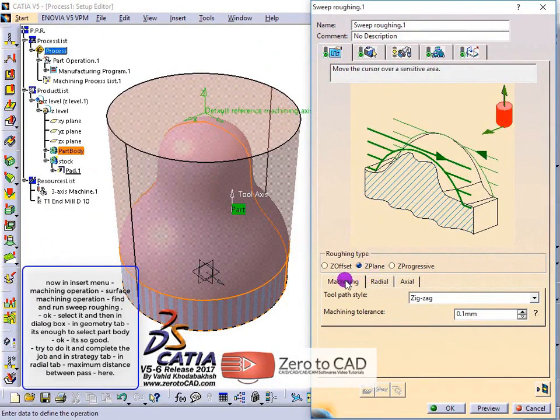In the Radial tab, maximum distance between pass. Here,